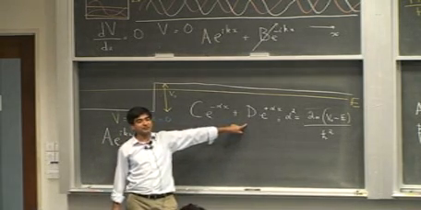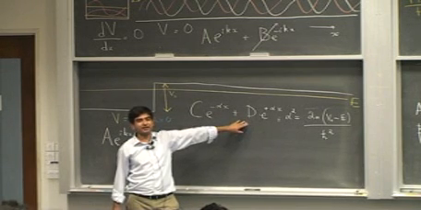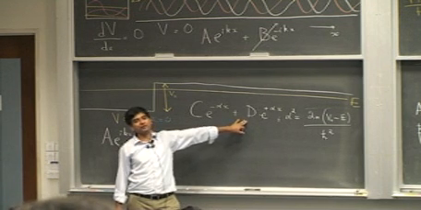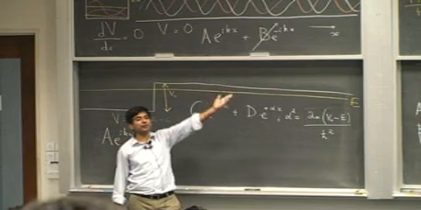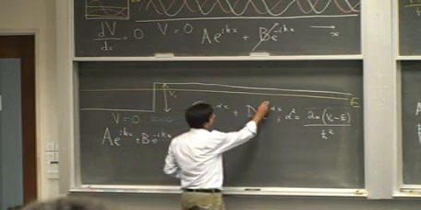This is a solution. But physics tells you, okay, thank you very much, Mr. Mathematics, but I can't trust this because this is going to blow up. This is going to mess up all of my physics, because then the particle is always going to be found at infinity, because the wave function is going to infinity. So I have to put this equal to 0.